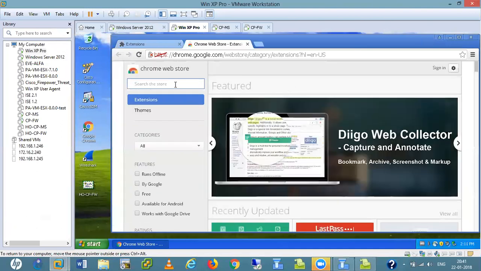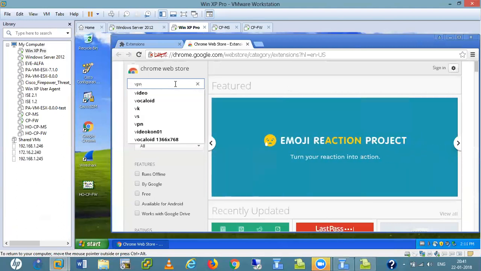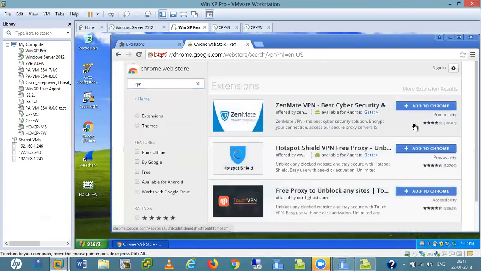Electra surf or anything. Or type VPN. Touch VPN, this one, the last one, third one.